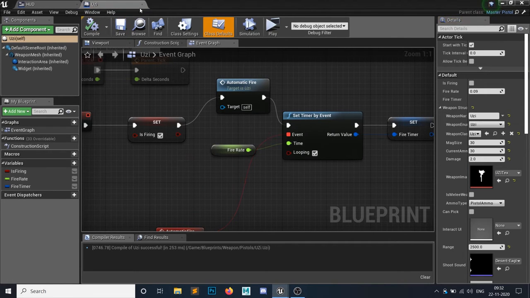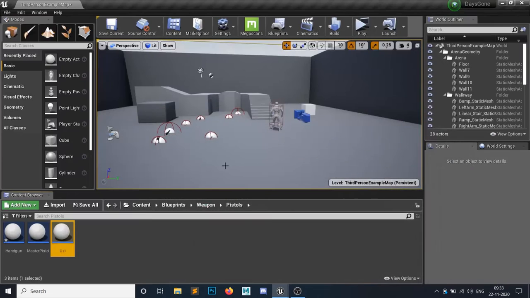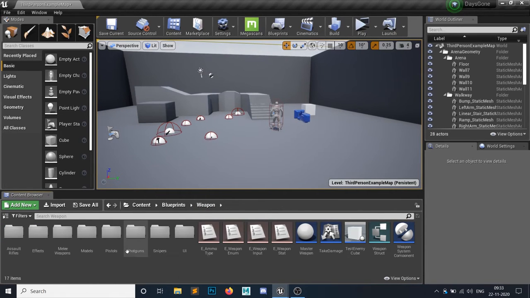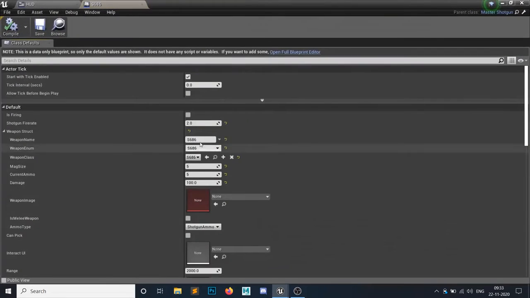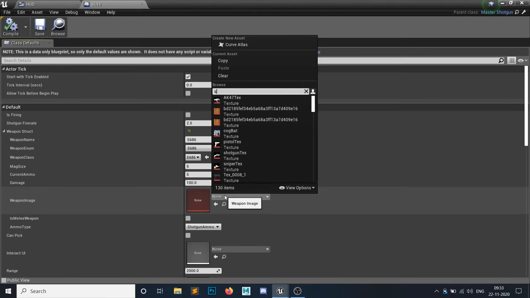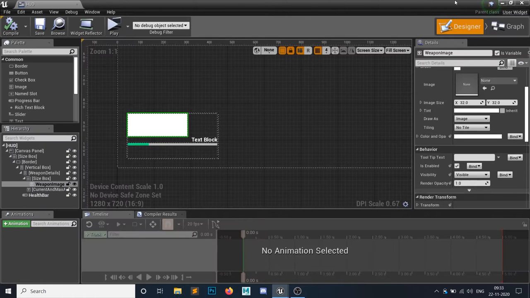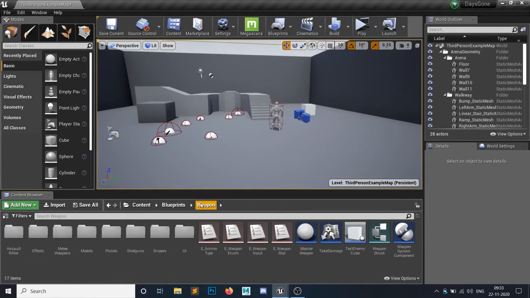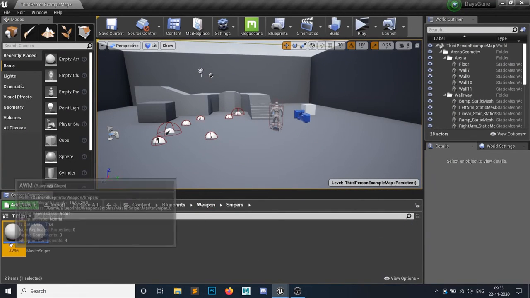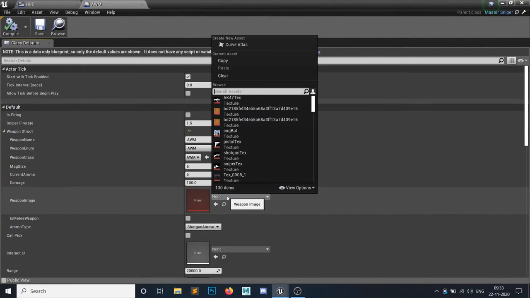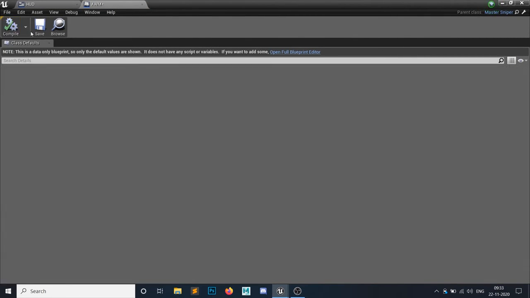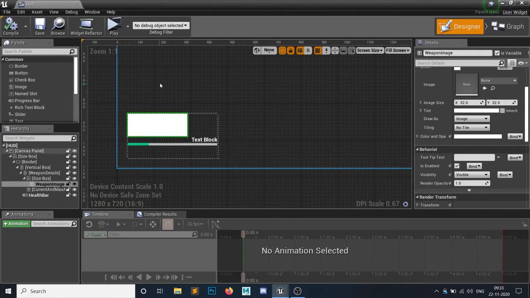Do we need anything? Yes, your shotguns and the snipers. For my shotguns, I have a shotgun texture, and for my sniper rifle, I have a sniper texture. Okay, hit compile, save, and we are good to go.